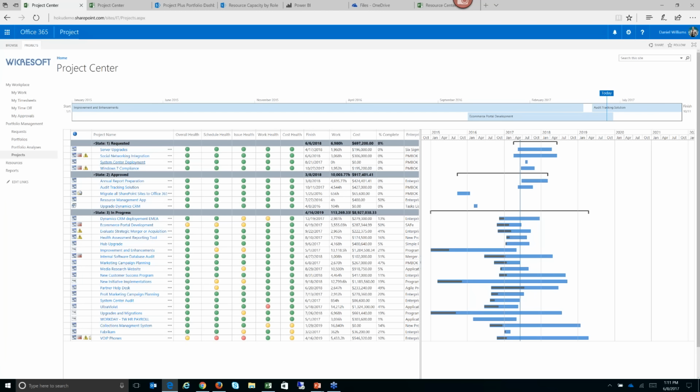So as you're seeing the way I have the view set up right here, I'm able to view projects across different states. I can see the requested projects, approved, in progress. I can see some KPI details. Over on the right of my screen, I can see a high-level Gantt and see which projects are overlapping within my portfolio. So from an intake perspective,